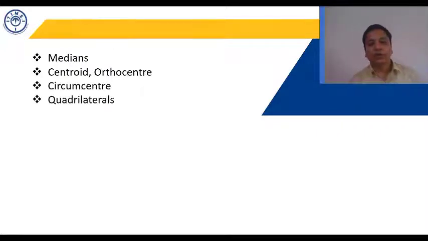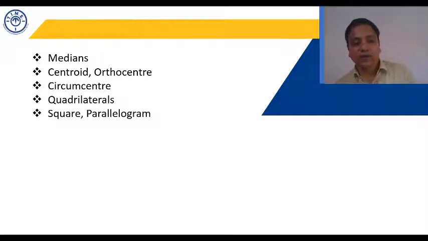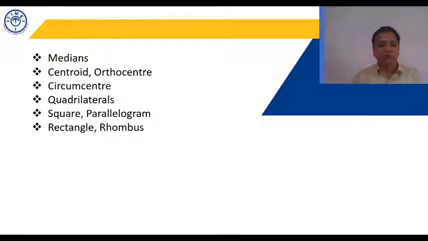Then further, what quadrilaterals are, and what types of quadrilaterals there are: square, parallelogram, rectangle, rhombus. We'll be doing questions on these. So there are two parts. In the first part, we discuss medians, centroid, orthocenter and circumcenter, using the formulas you learned in the previous class, maybe the section formula or distance formula. Second, additional conditions which we are learning in this class, plus quadrilaterals: squares, parallelogram, rectangle and